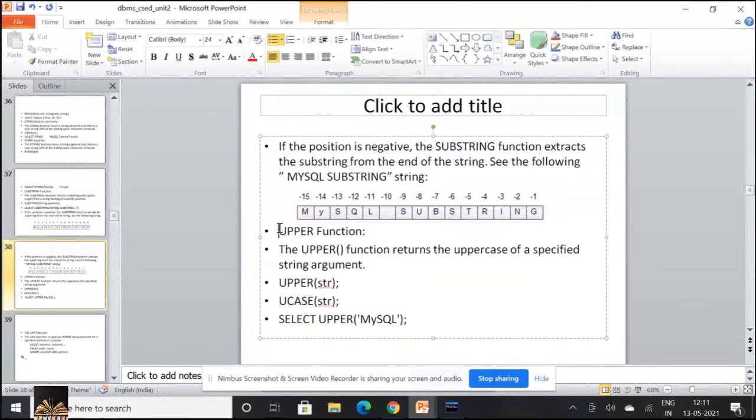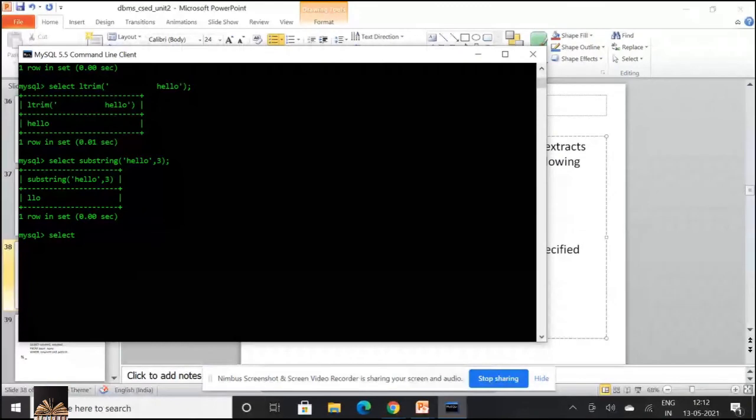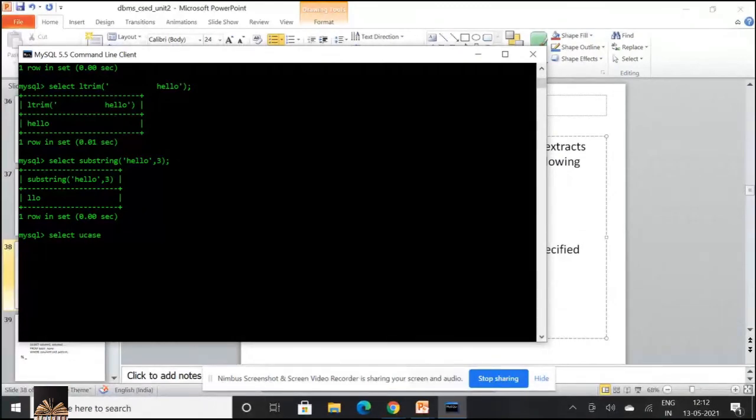And then you have an upper function. Whenever you want to convert a given string into uppercase letters, you are using the function called upper or ucase. Example, select ucase of hello.